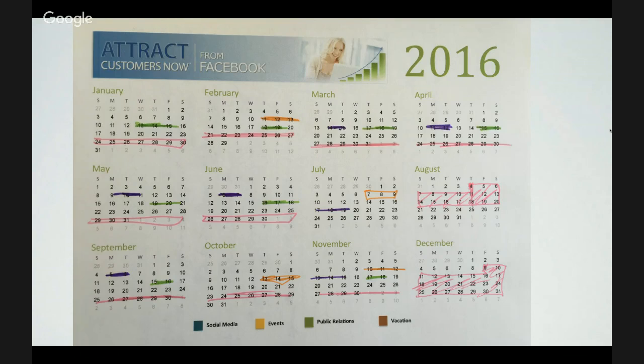So that's step one. Now you can do this on the computer, but I just find it so much more powerful to do it with pen and paper at first. Once you do it on the pen and paper, then go back and fill it in on the computer, okay? So then the next thing I do is I block out the